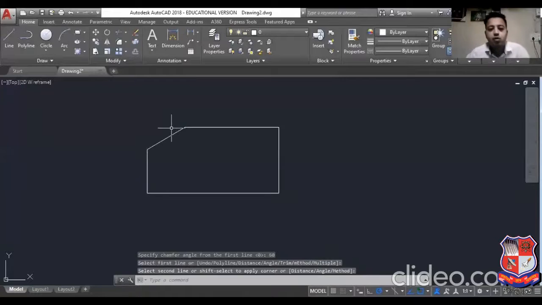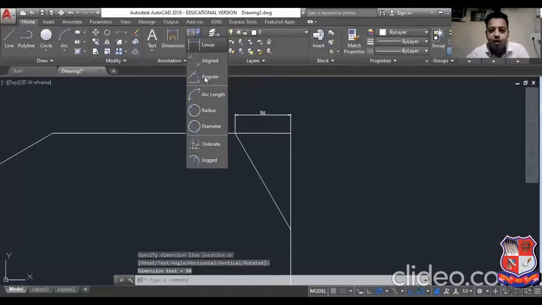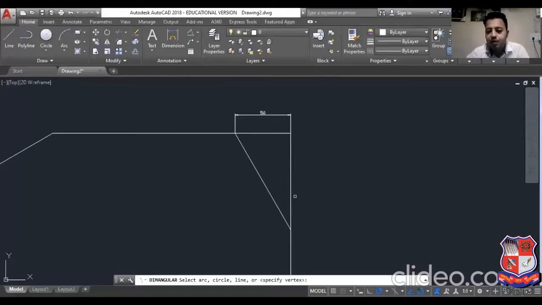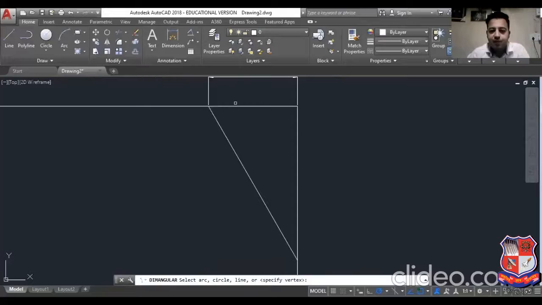Suppose you want to see the exact operation, so CH enter and trim, inside trim select no trim, and select 50 on this. Now if I apply the dimension, this is the 50 dimension because I selected it first, and if you apply the angular dimension, then this line and this line is 60 degrees from that first line.